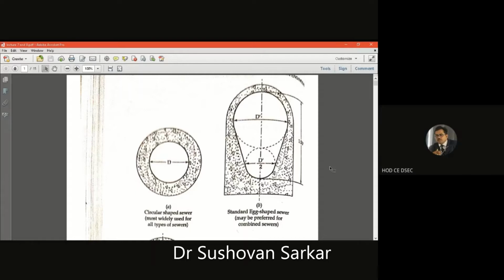Now, what is a sewer? A sewer is basically a pipe. It has been discussed earlier in module number 2, in the sewerage system, where I mentioned what a sewer is, but here we will discuss it in detail. Basically, a sewer is generally a circular pipe laid below the ground level and sloping continuously towards the outfall. So it will have a slope under the ground for gravity flow.